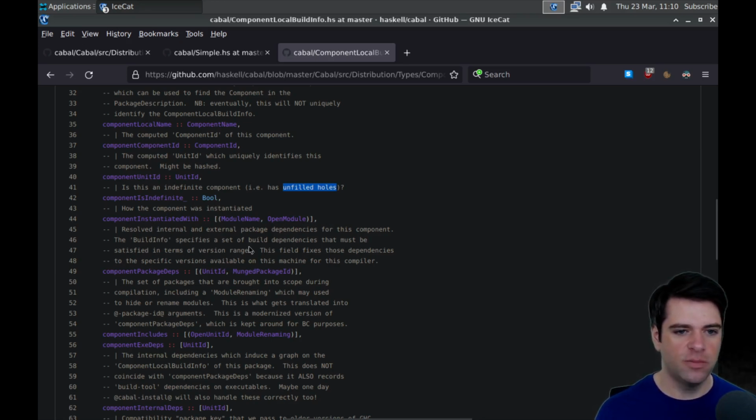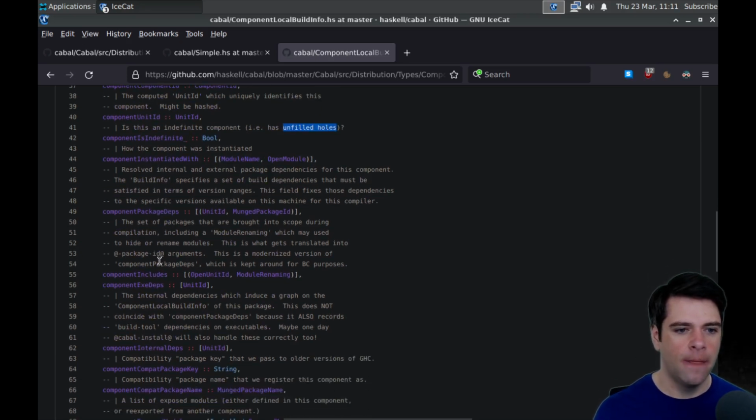The build info specifies a set of build dependencies that must be satisfied. Okay. And includes exe deps. What is that? Is that like runtime dependencies? Set of packages that are brought into scope during compilation, including module renaming. Yeah, I don't know.